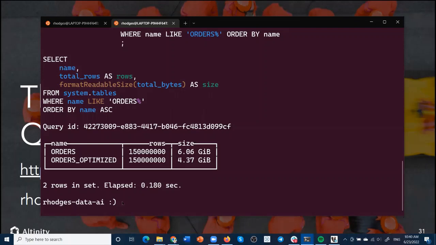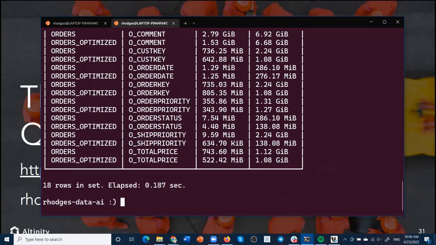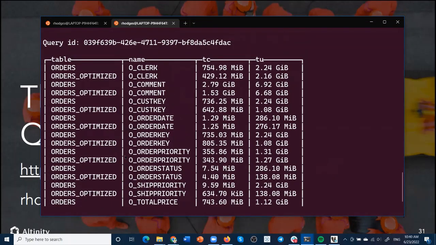This is actually going to look at individual columns. This is a more interesting analysis. What we're doing here is looking at the differences in the amount of storage in columns. You'll tend to do this a few times. If you have a very large table, you'll play around with this a little bit to get the data to a nice size. And you can see things like, for example, order key.